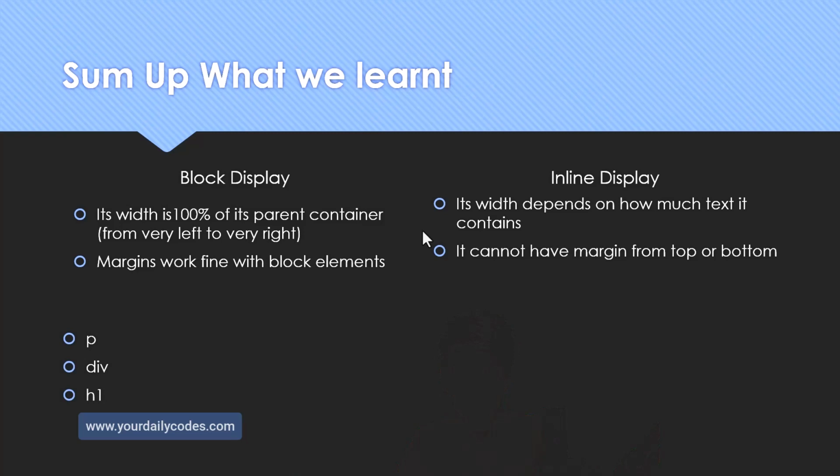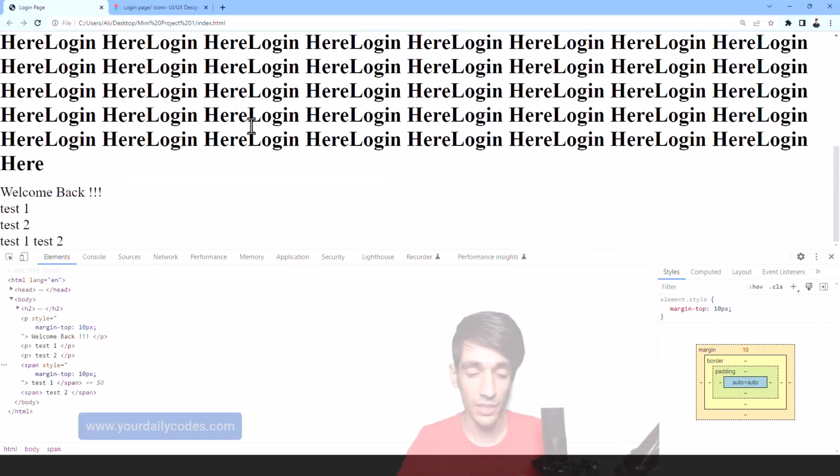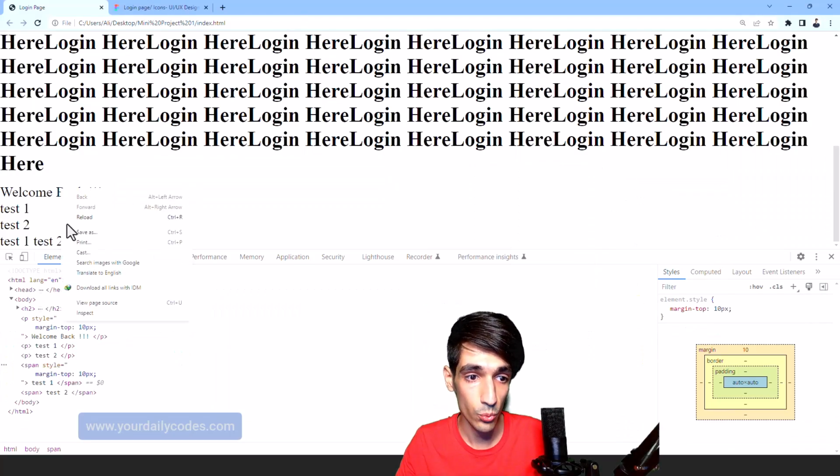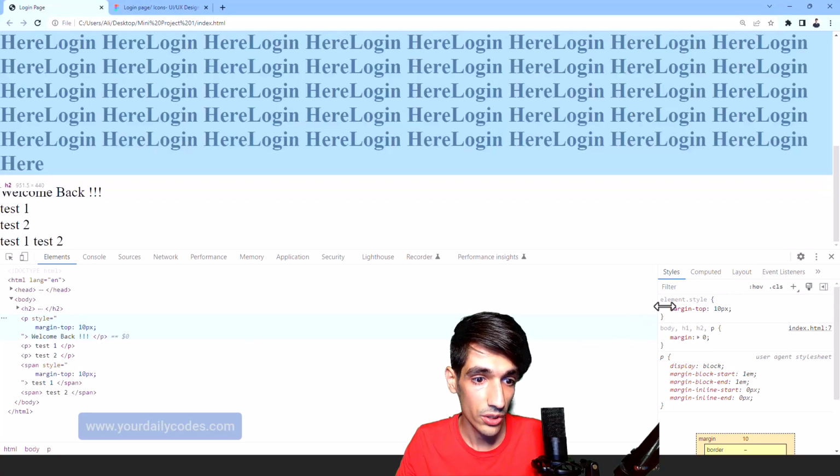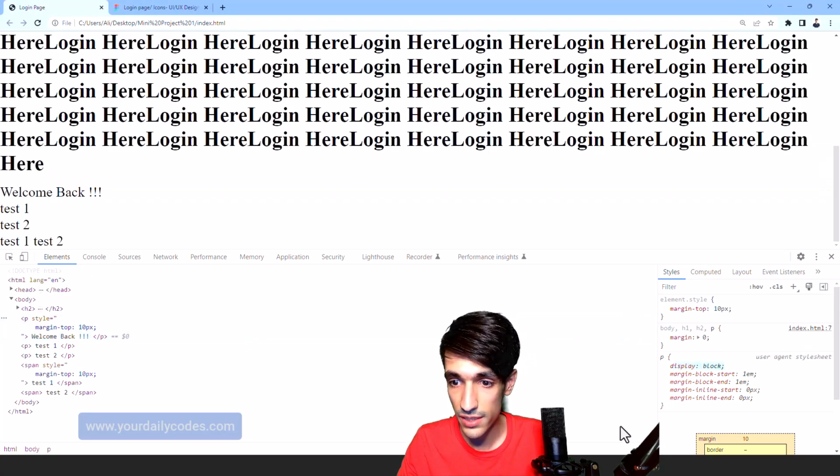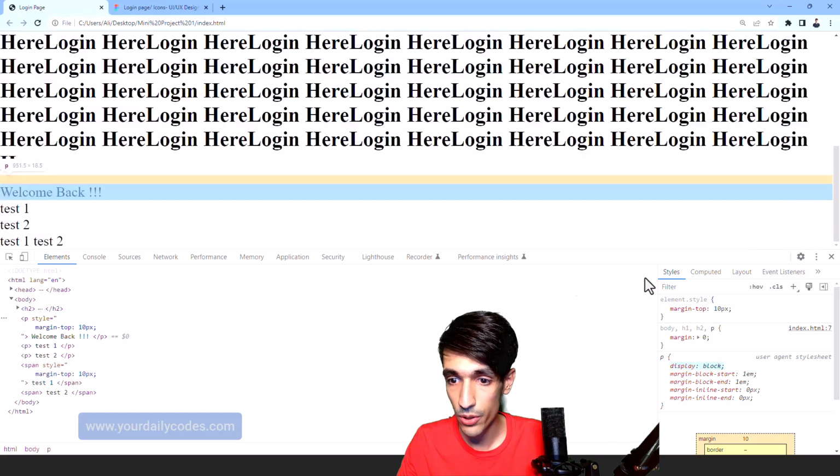So let's introduce some tags which have block display by default and some tags that have inline display by default. If we go on, we see which display each tag has by default. And if we never know which display it has, we can just right click, inspect, and see that display in the properties here.